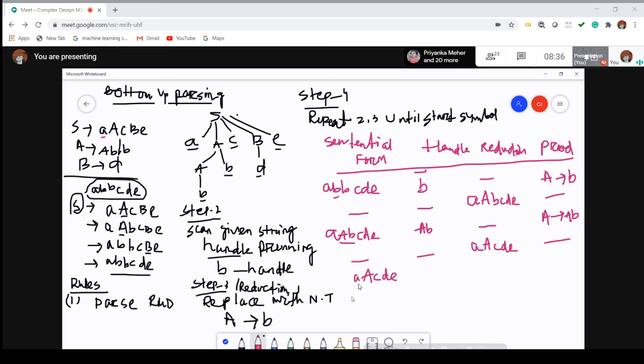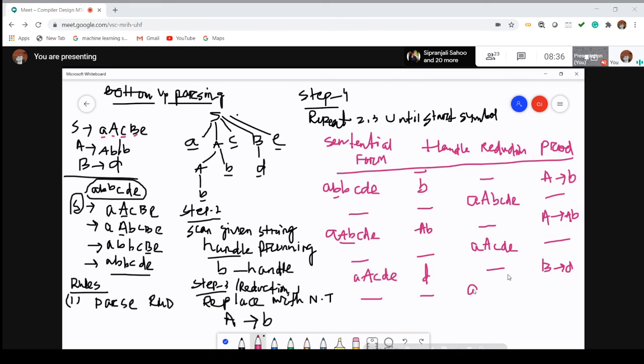Okay, again we have to scan from left to right. So now it will be small a, capital A, C. It is the same; you have to always match with the start symbol. Small a is completed, A is completed, C is already there. Now the value equal to B, so you have to check what is the production over there. Now what is the handle? D is the handle. There exists a production from B to D. That means in place of D, you can replace it with the B.